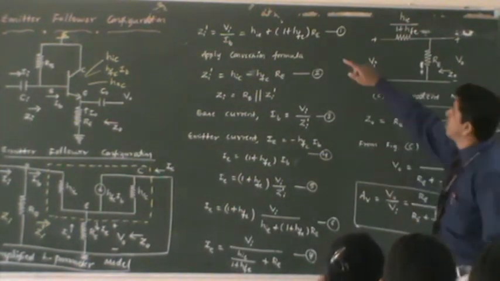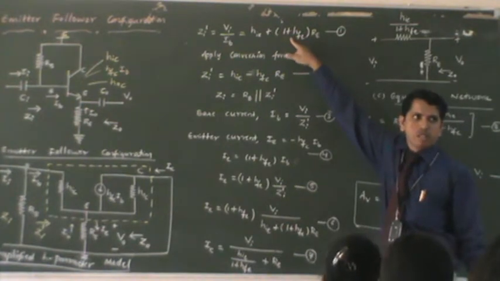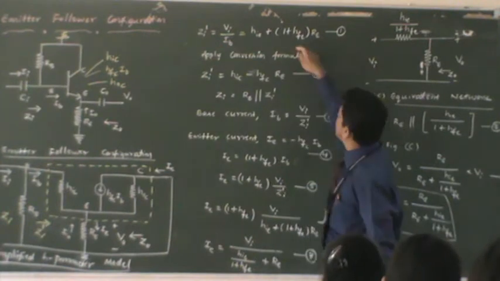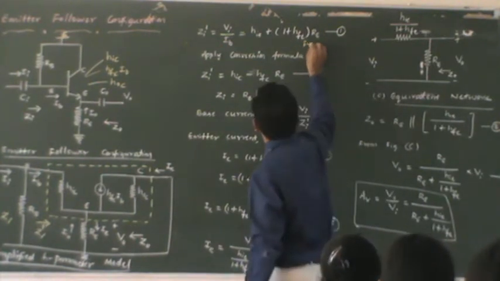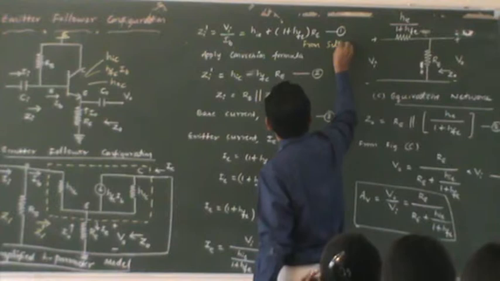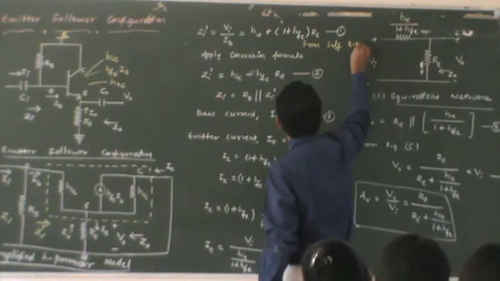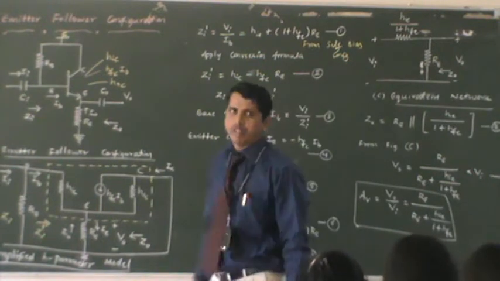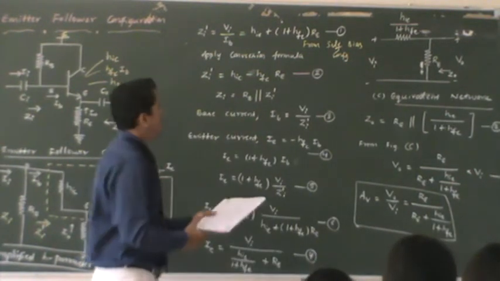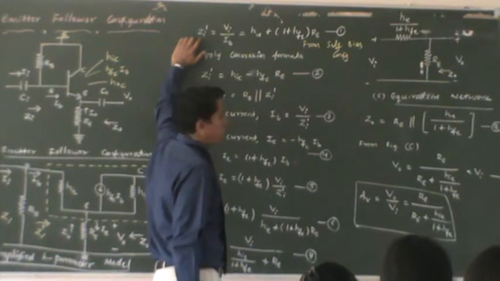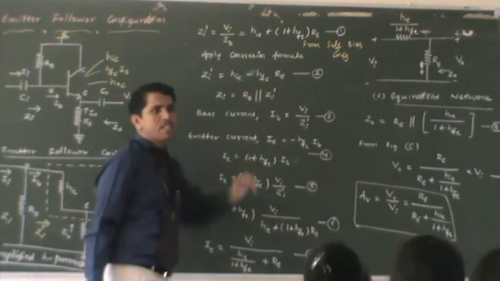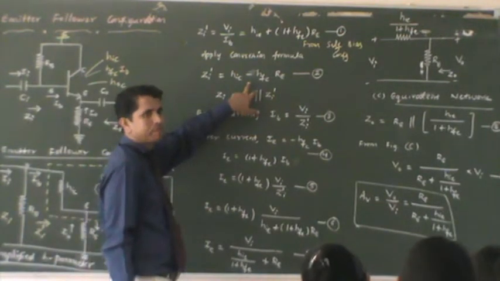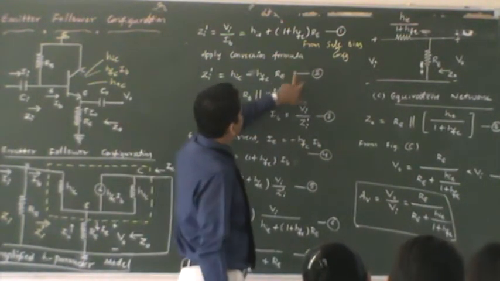Now I am taking straight away the same equation here, which I am calling equation 1, Zi dash from the previous derivation. It says that from the self-bias configuration, previously we have done the self-bias configuration with unbypassed resistor. The same equation I am taking. But look, from here to equation number 2 there are changes. How do these changes come about? How is equation 1 equivalent to equation 2?